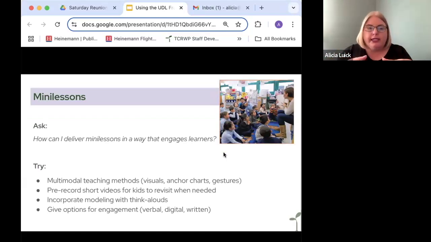to support the learning. Perhaps the answer is I have a pre-recorded video that I've used, and now kids are going back and revisiting it as they need. Maybe I'm modeling think alouds. Maybe I'm giving them options for engagement instead of turn and talk. Maybe it's a stop and jot, or maybe it's a like hit the clicker and have it pop up,